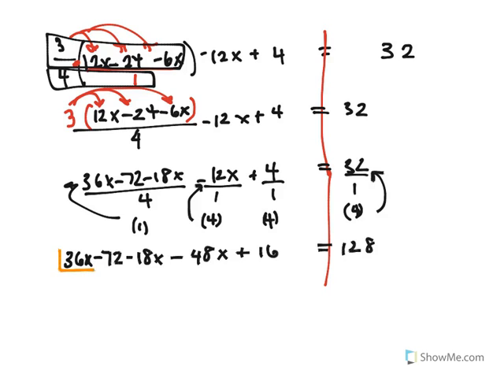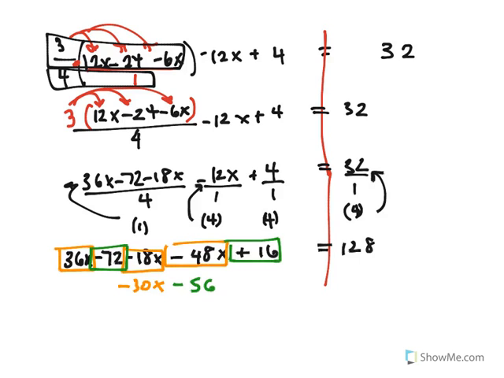Now I combine the x with the x and the numbers with the numbers, and I get negative 30x. I combine the numbers here, and I get